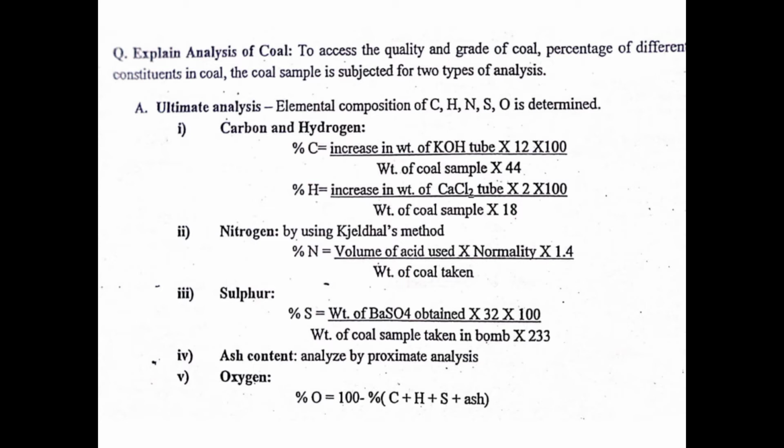Okay, the fourth one is ash content. This ash content is measured through proximate analysis, which we discuss later, and the percentage of oxygen is measured by 100 minus the percentage of carbon plus hydrogen plus sulfur plus ash. This calculation or formula gives the percentage of oxygen. Okay, these are the compositions we can calculate through